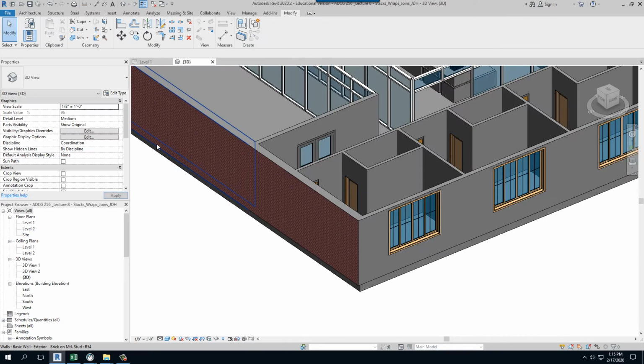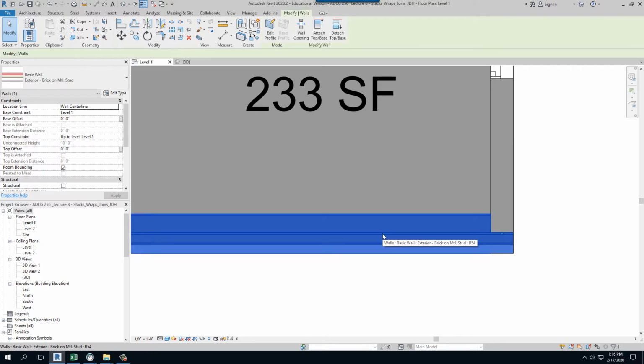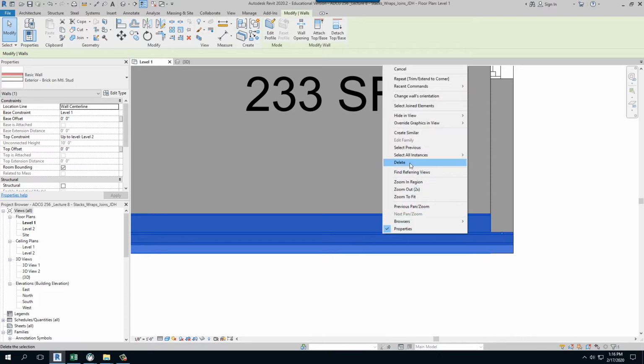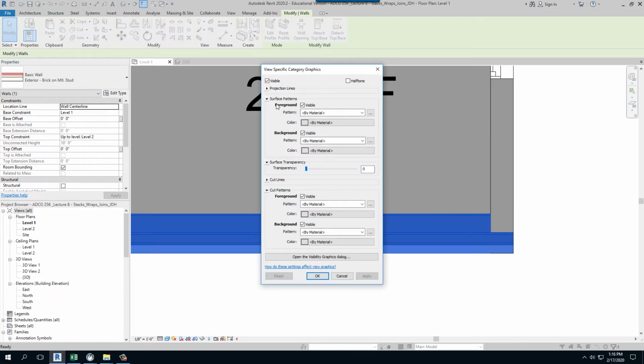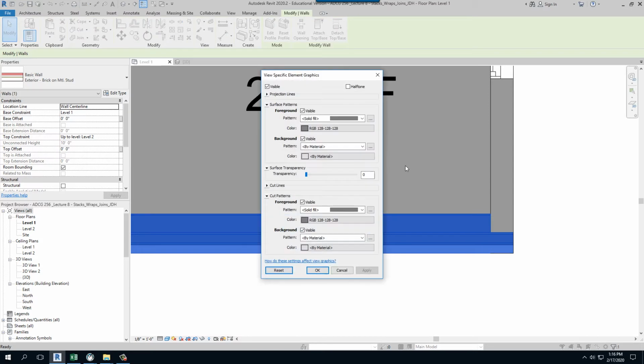Close that other project I was in. If I go to my level 1 and I click on this wall, notice that I have changed some of the graphical portions of just this wall in this view. So if I right click on that and I say override graphics in view by category, notice nothing there has been changed right now. However, if I override the graphics in view by element, notice that some of those things have been changed. You remember in the last lesson we had in lecture 6, I changed some of the cut